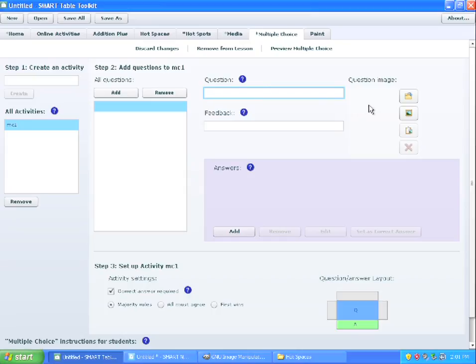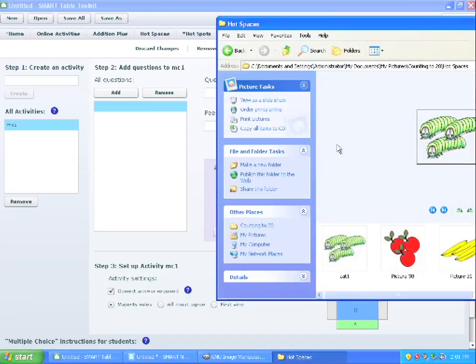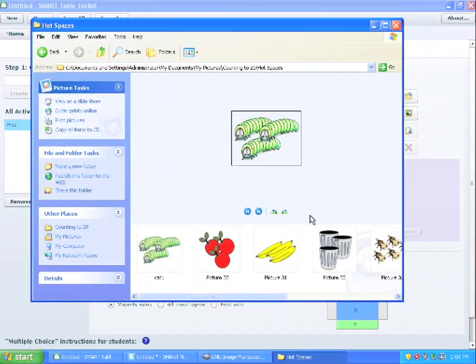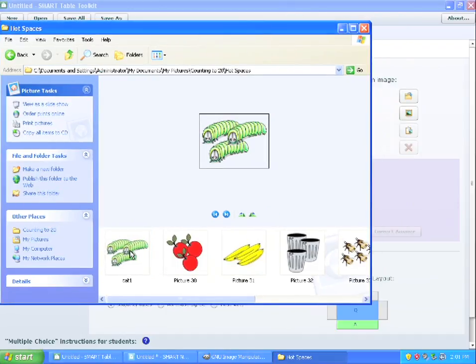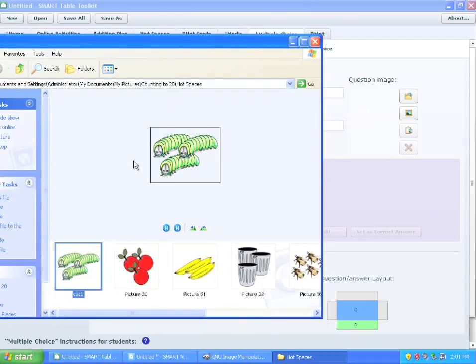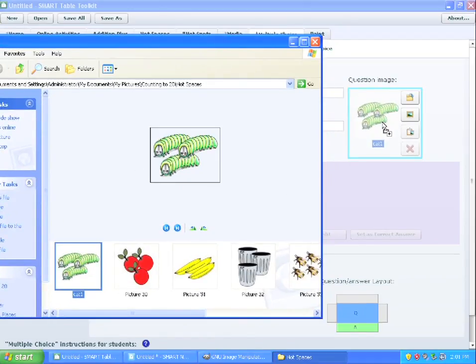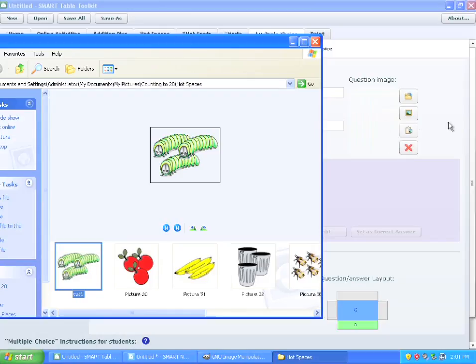And the way I'm going to do this is by just adding a question image, and by having my answers as numbers. So I'm going to use the pictures I'd already created for my hot spots application, and I'm just going to drag them from my Finder straight over to question image, and it will get sucked in and added